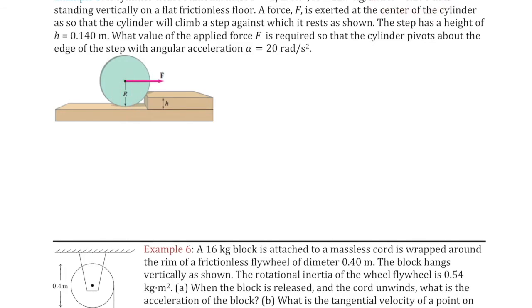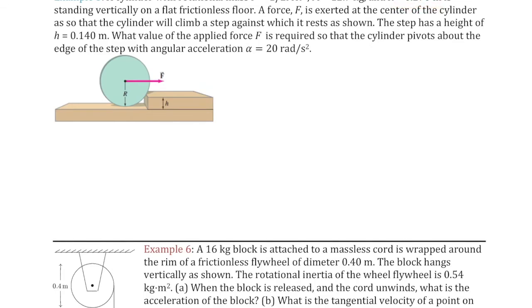All right, so it's standing vertically on a flat, frictionless floor, okay? No friction here because there's not rolling. A force F is applied at its center, okay? So that the cylinder will climb a step against which it rests. So we're essentially going to pull on it, and that's going to cause this whole cylinder to pivot up. So you can imagine like a minute later, it's pivoted up, and then eventually it's up over the step, all right? So the step has a height of 14 centimeters, so less than the radius,